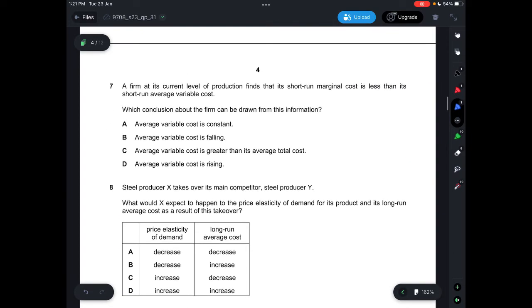Question 7, a firm at its current level of production finds that its short-run marginal cost is less than its short-run average variable cost, and which conclusion about the firm can be drawn from this information? So its short-run marginal cost is less than its short-run average variable cost, which means that